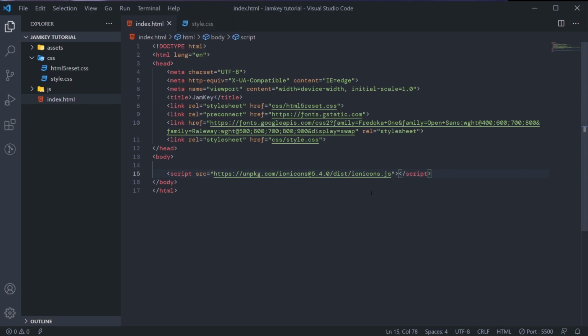HTML document. Mind you, since this one is hosted online, it means we must always be online for us to use it. So right now my internet is connected, so I will use it. If your internet is disconnected, you can go to GitHub, find it, and download the fonts and icons. But anyhow, we're supposed to have internet now.